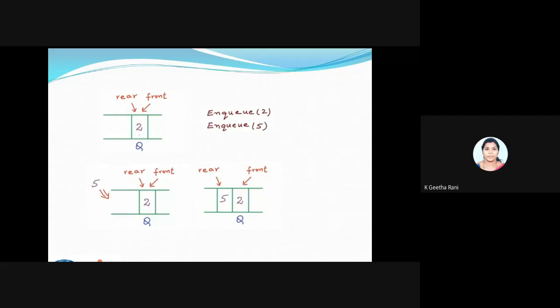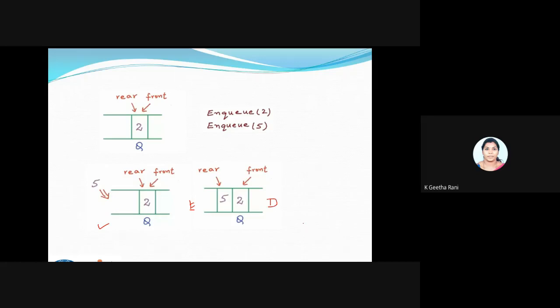Now let us try to NQ some more values. I'm going to NQ the value 5. It will be inserted only through this way, that is what the slide tells you. So only through this way I'm going to NQ the values. Now 5 comes here. So my 2 will be pointing as the front and my rear end will be the 5. 2 tells you the first element of my DQ. Rear tells you about the last element of my NQ. So here my NQ will be there and here my DQ will be there.